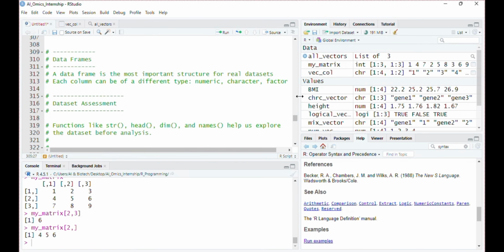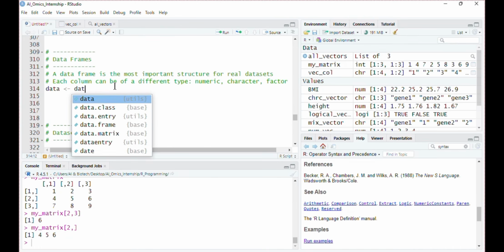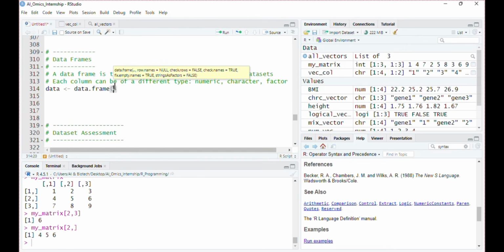If you want to create your own data frame in R, we have a function data.frame. First, let's say I want to create a column for patient ID. Patient ID equals patient 1, patient 2, and patient 3.